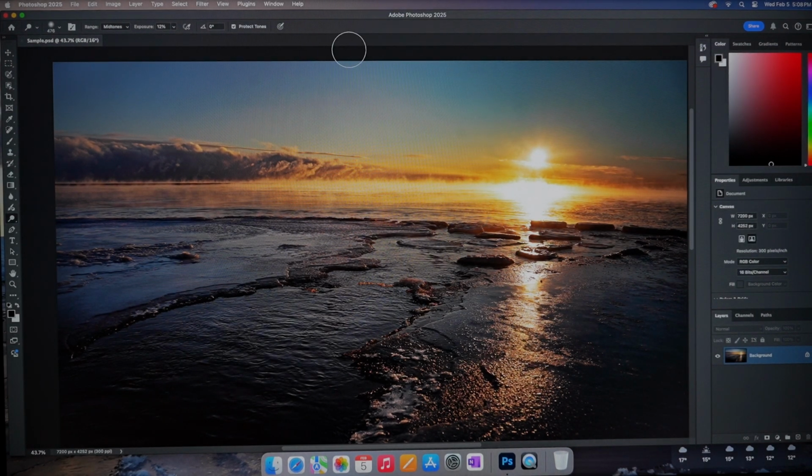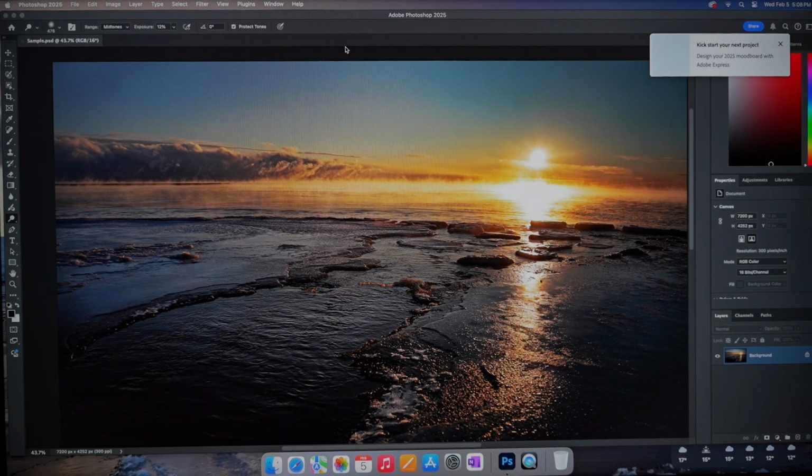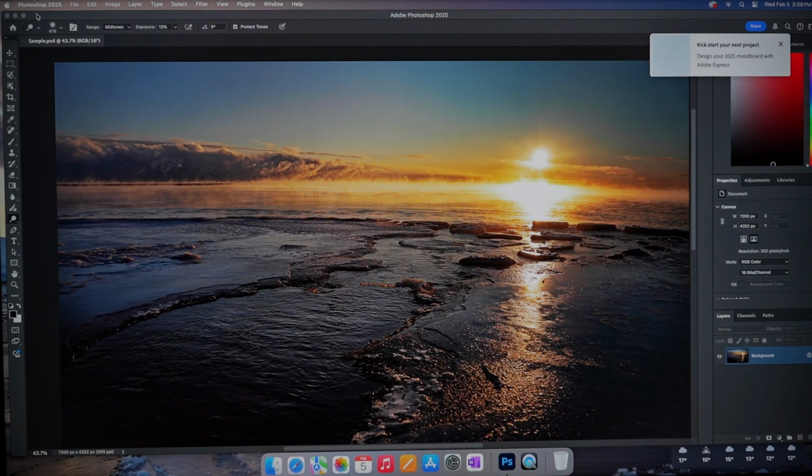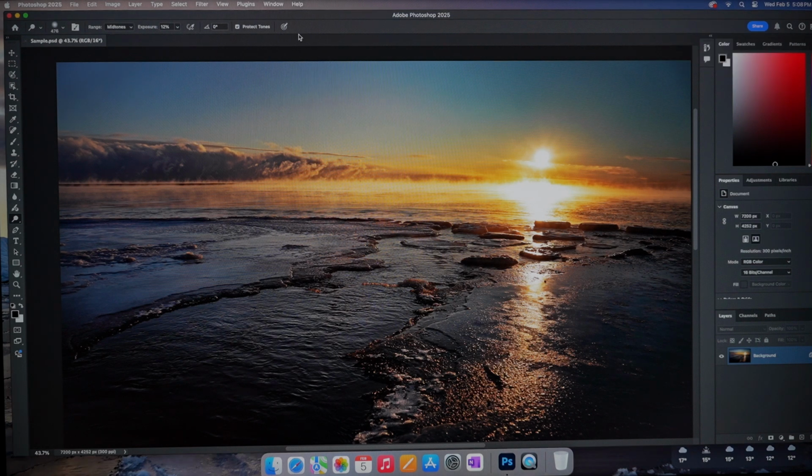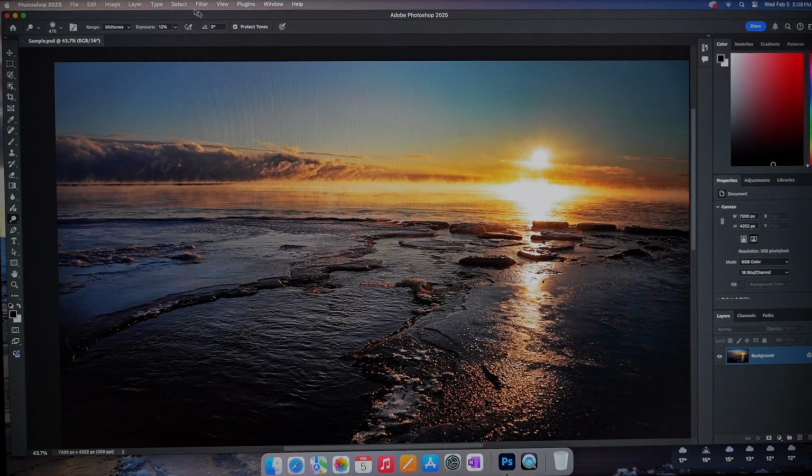So I hope this helped you figure out some things, and you can start to work on your own. And even if you don't have Photoshop, a lot of these same edits are on your phone or in Lightroom. These are your basics. These go into more details, but